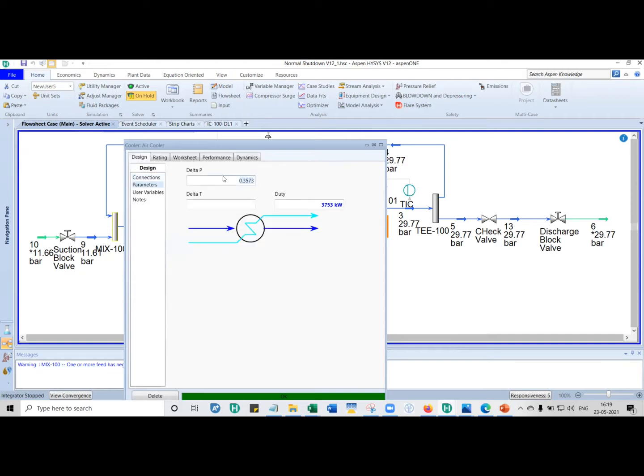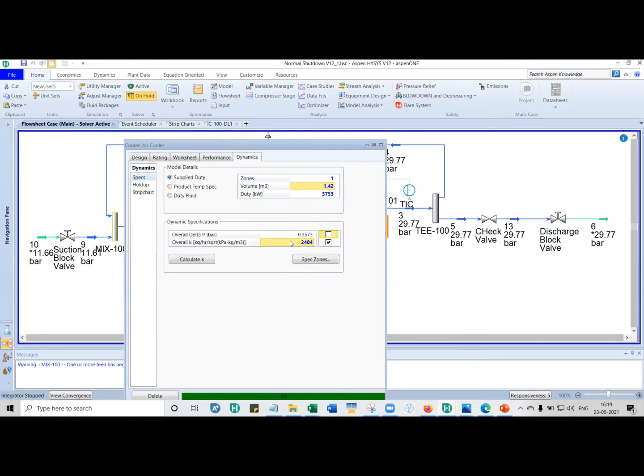You just give that, but in steady state you're doing a heat and material balance. So let's say you have 1000 kg per hour flowing. You're simply putting 0.5 there, declaring it as 0.5. But if the flow rate went from 1000 to 1200 kg per hour, the pressure drop will not be 0.5. It can become 0.55 or 0.6. So the purpose of putting this K value, loss coefficient, is to account for the pressure drop depending on the flow rate.